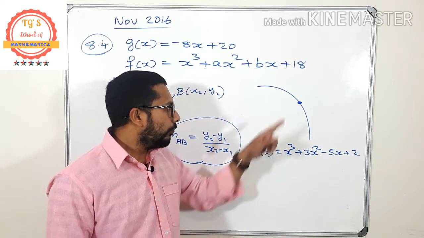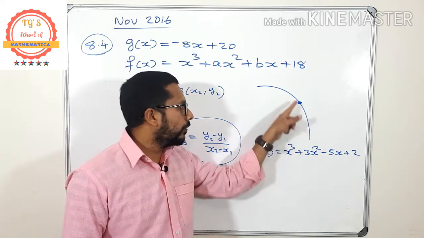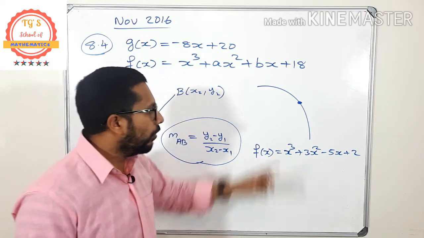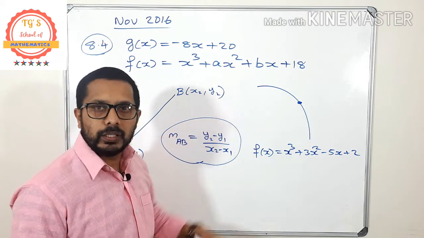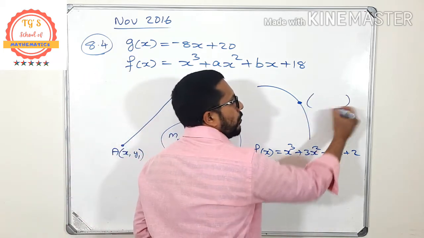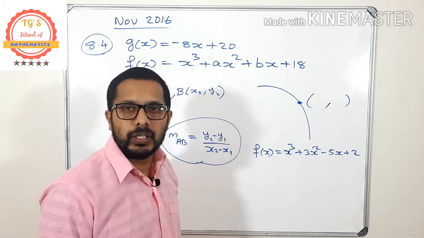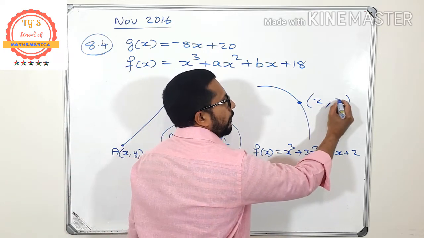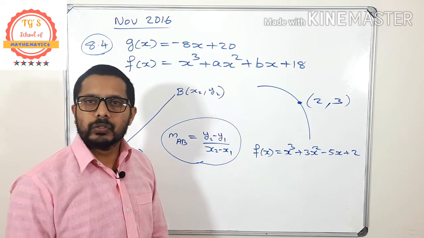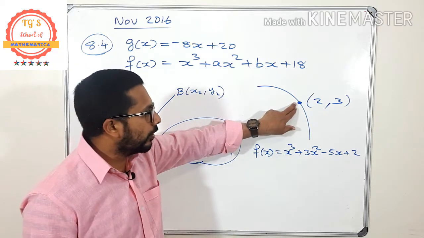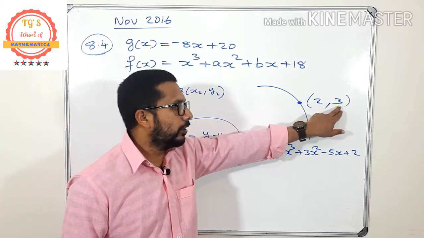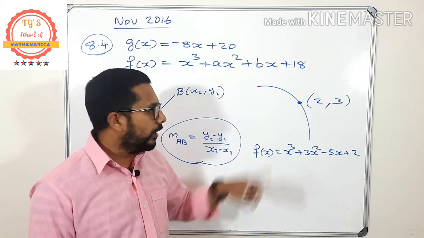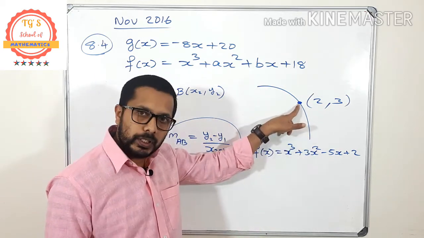So to find the gradient of this curve at this particular point, what I am supposed to do is, if this one is a point, of course there is an x value and y value. Am I right? Okay. I'm just giving an example. At this point, the x value is 2 and the y value is 3. So just assume that. How can we find the gradient of this curve at this particular point?